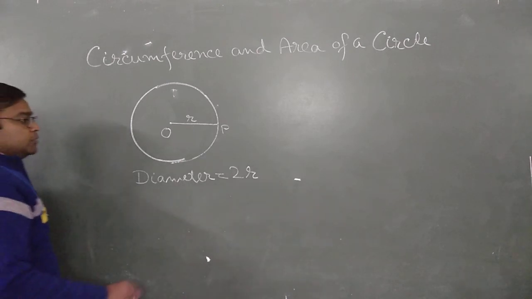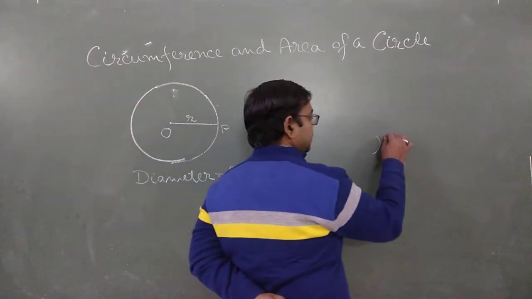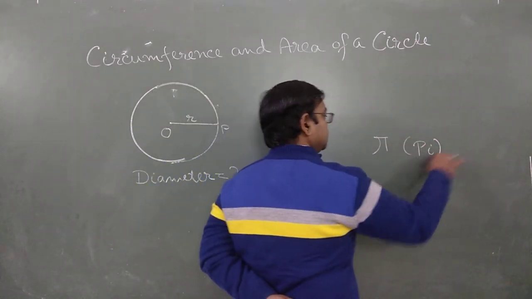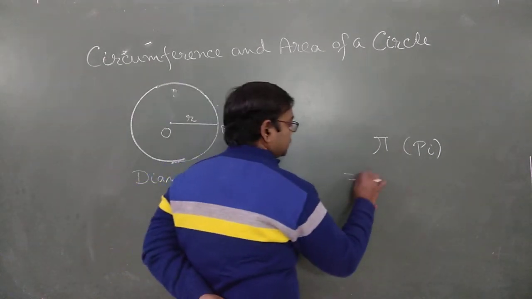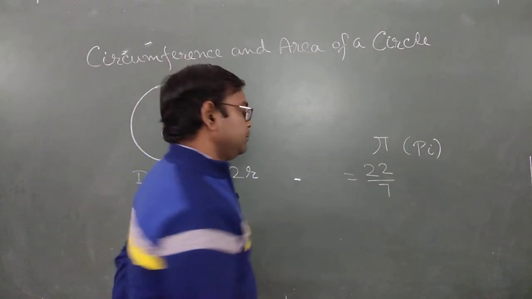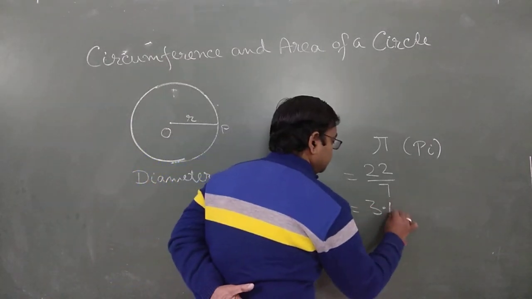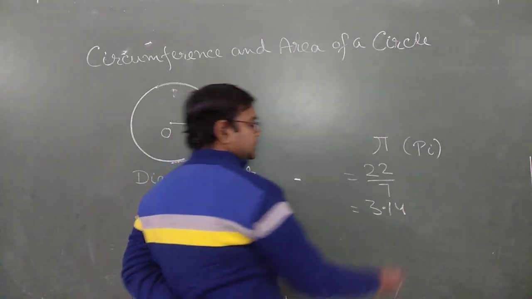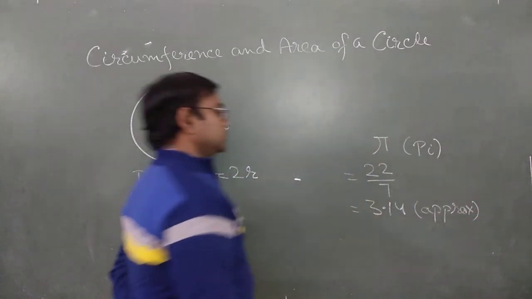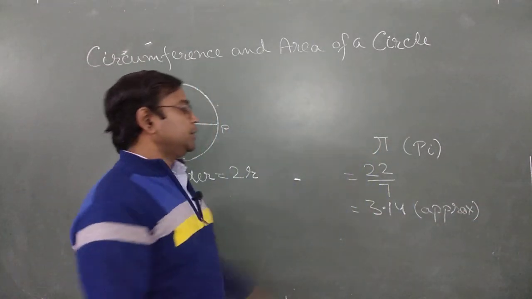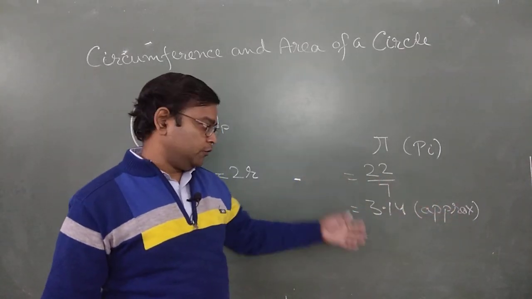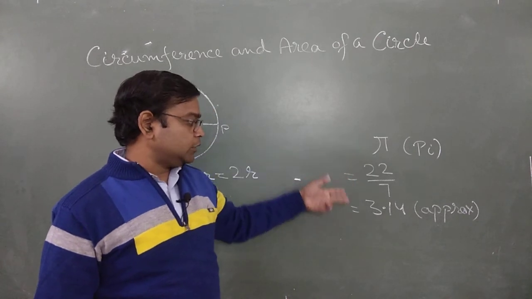In the case of circumference, we must know a constant. It is known as pi. Clear? And the value of pi is 22 upon 7. When we divide it, we get the value. Generally in math, we choose 3.14, up to two decimals, but it is not perfect, it's an approximate value. When you divide it, it gives you a long value, and this gives you the concept of pi. You can use the value of pi, either this one or this one.